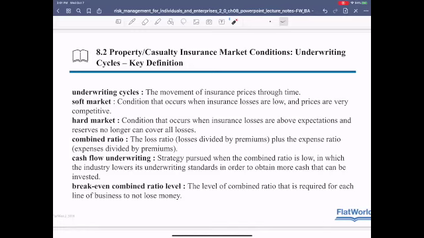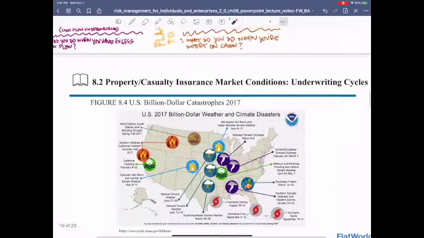Combined ratio, the most universal metric used by insurance companies to measure profitability of their underwriting operations. Does not include investment results. The cash flow underwriting we just talked about. And the break-even combined ratio of the whole industry, what was it? Lucky number 107 is the break-even ratio of the combined industry